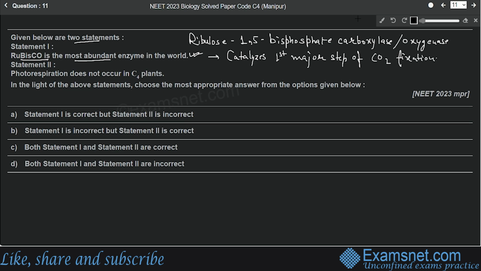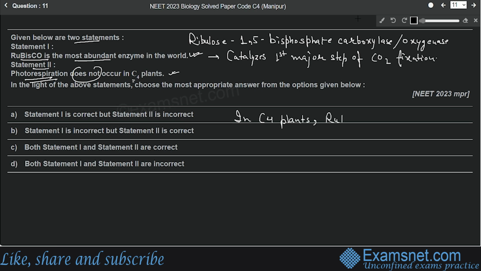Now let's move to the second statement. It says photorespiration does not occur in C4 plants. So this is also a correct statement. Okay. In C4 plants, what happens? Rubisco enzyme is separated from oxygen. Okay. In C4 plants,